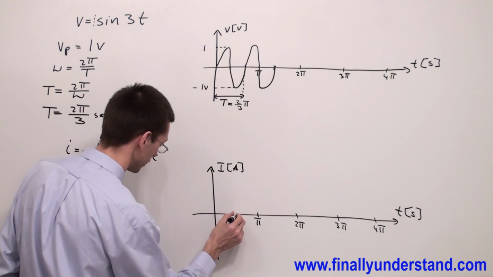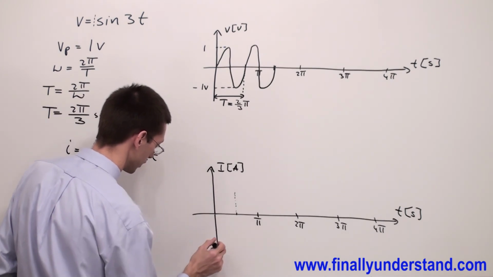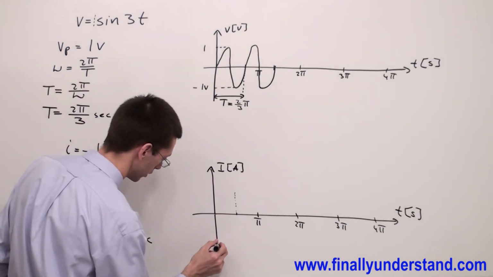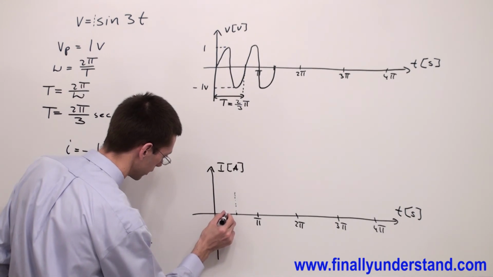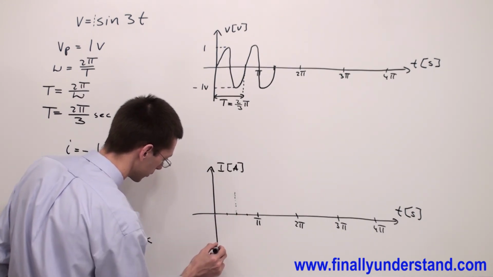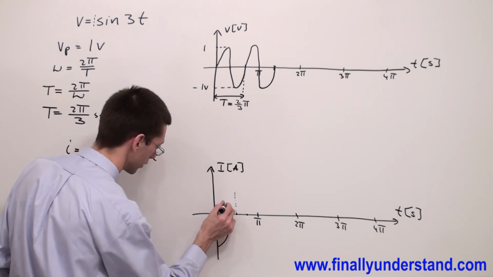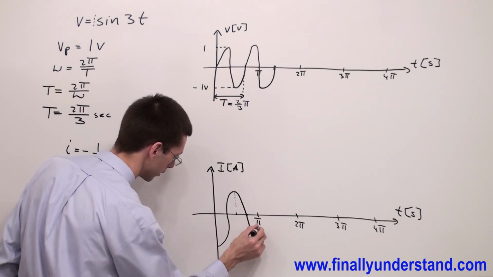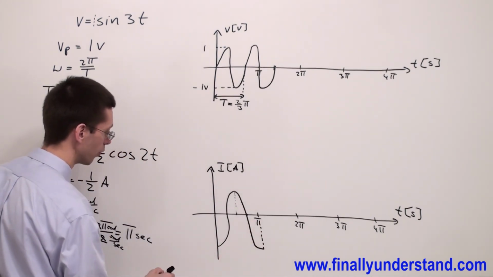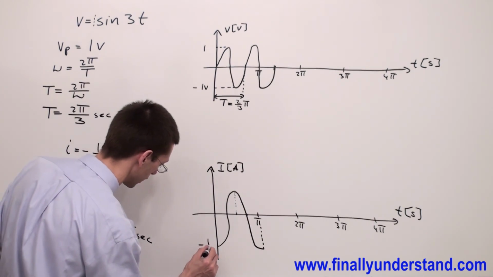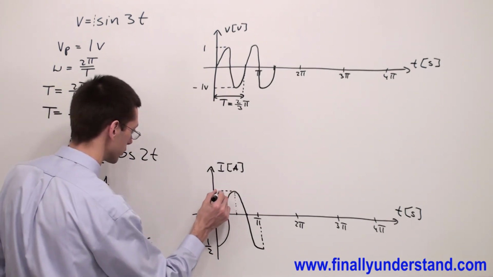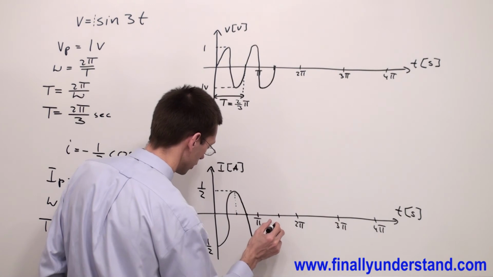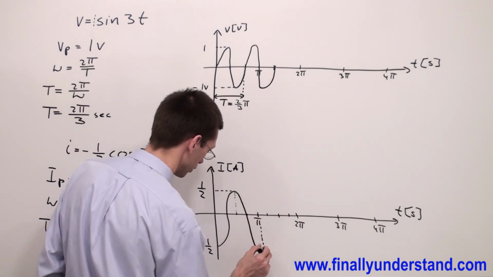So I'm going to find the midpoint. And because I have negative 1/2, I'm going to start from the negative peak value. I'm going to have something like this. This is my 1 cycle, and this is my negative 1/2 amp, and this is positive 1/2. Next, in order to draw another cycle, I'm going to have